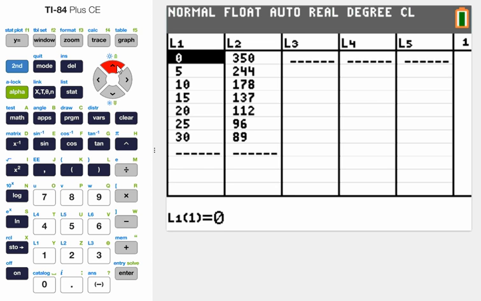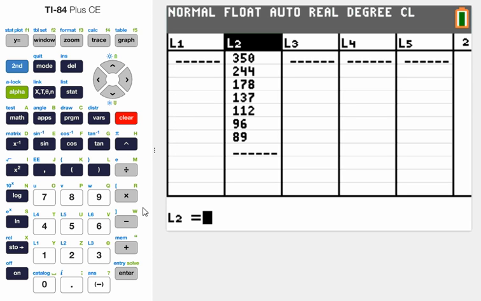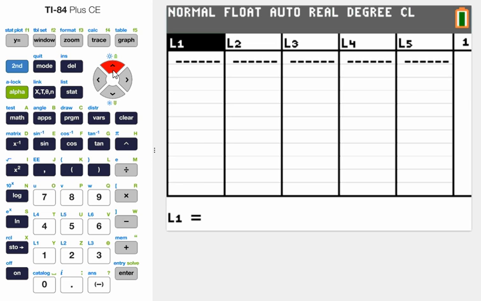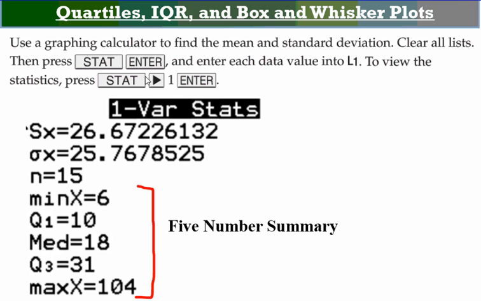You go to stat, you go to edit and enter your data. So if you have data in there, you might want to clear it out of L1, and you don't necessarily need to do it out of L2 because it'll just use L1, but it might be a good idea. You enter your data set into L1, so all of our numbers for our nuclear power plant. And then you're going to go to stat,